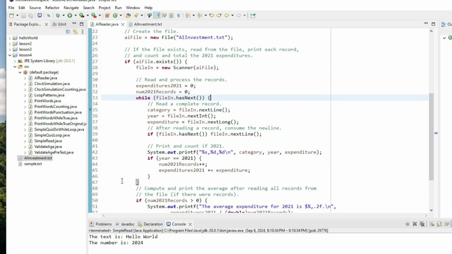filein.hasNext. I am making an assumption here that the file will contain complete records, that it won't end with a partial record. After that, we read a category, a year, and an expenditure. That's pretty simple. We're using the scanner and nextLine for the string, and nextInt and nextLong for the two numbers. But after that, I have if